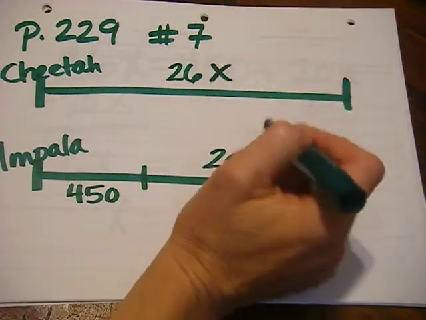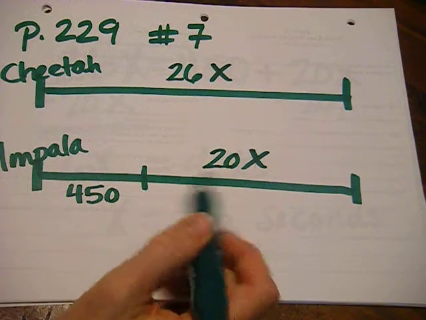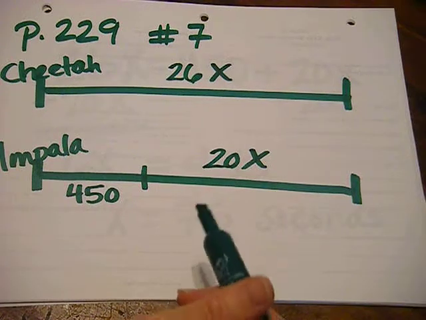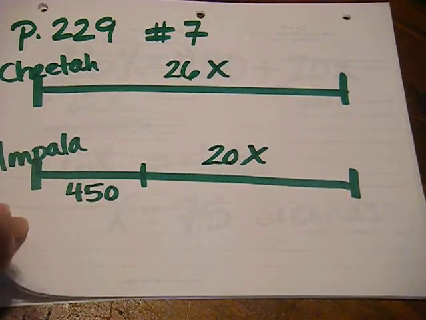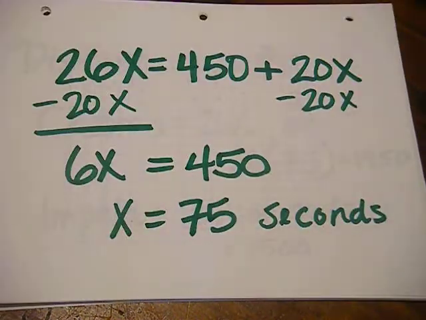Okay? So from this point, when the impala is 450 meters ahead, they both run the same time, but they're going different speeds. Okay, so you would set up your little word problem by filling out the little line segment diagram, which is actually quite helpful. Because if